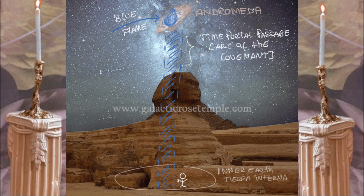And again, the blue flame was in Andromeda. So the Ankhs were able to draw, to hold, and transmute the energy. So remember, the blue flame is mostly frequencies from the fifth dimension, but also the fourth and the sixth, okay? So this is a passage into the earth of fifth dimension, but also to Andromeda. Through this passage, different objects, including the Ankhs that were made from gold, mostly, I prefer gold actually,